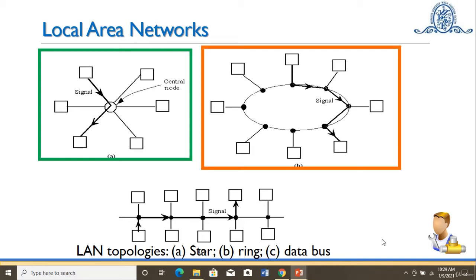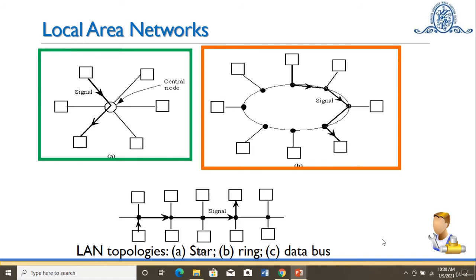The second topology is ring topology. One single node is joined to its neighboring node, forming a closed path, and then the transmitted information will be sent from one node to another. The optical couplers are installed within the network in order to couple the transmitted optical signal from one node to another.